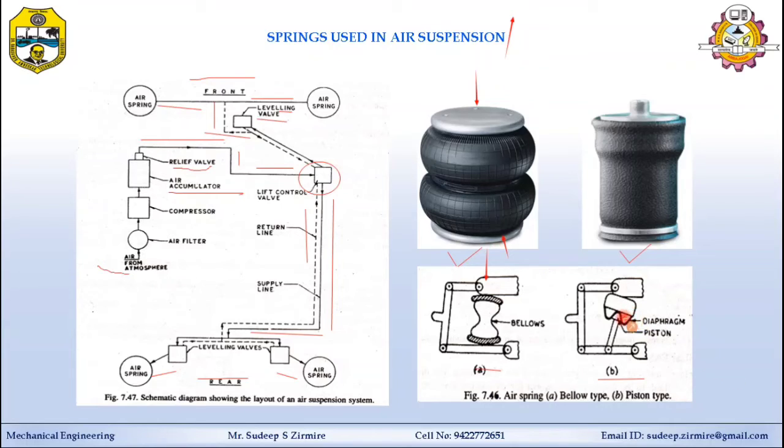And second one is the piston type. Here piston is fixed to the lower arm and cylinder is fixed underneath the frame. Here this piston is moving inside the cylinder and it is filled with air, same like here the bellows is filled with air. Okay, same here, air is inside. So this system consists of a metal air container in the form of an inverted drum, means it is a reverse type inverted drum. The drum is fixed to the frame and the sliding piston is attached to the lower wishbone.